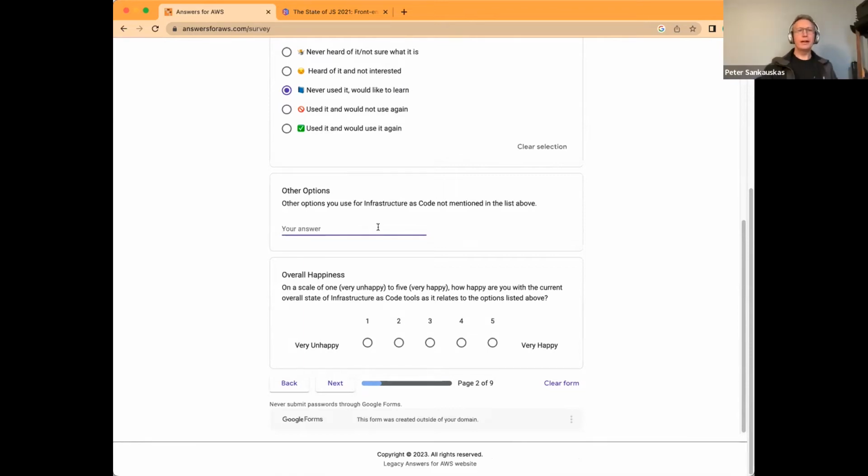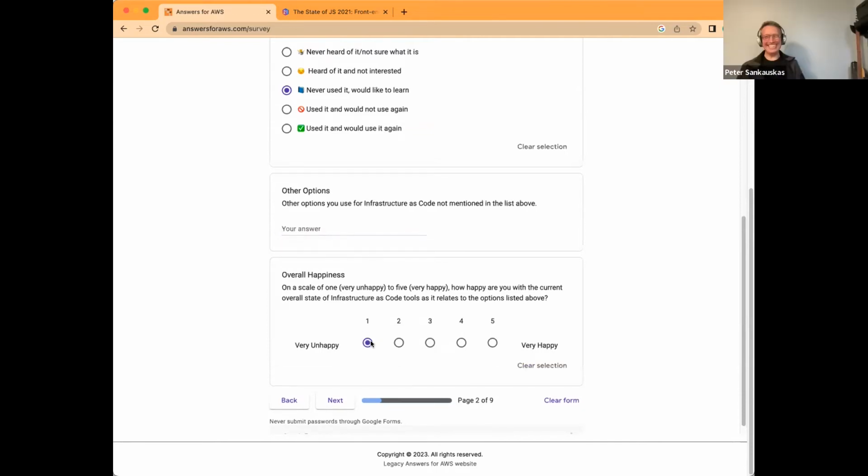All right. And how happy are you in general with the state of infrastructure as code tools? Wow, that's a loaded question. How happy am I? I can't think a thought and then have it turn into IaC, so I'm very unhappy. It's far too difficult. No, I'm going to say 3. I'm right in the middle. My sense of happiness is not predicated upon the state of IaC tooling. Very good.